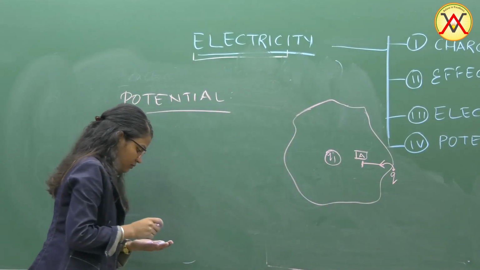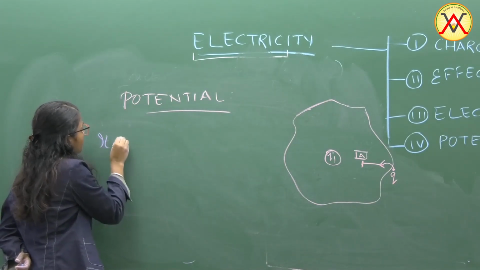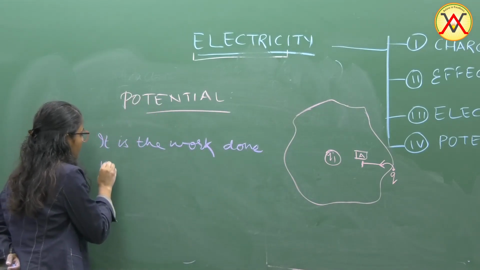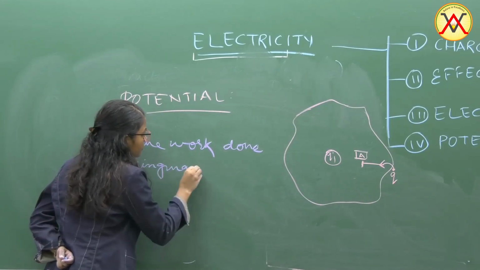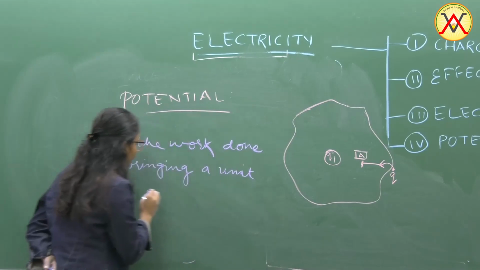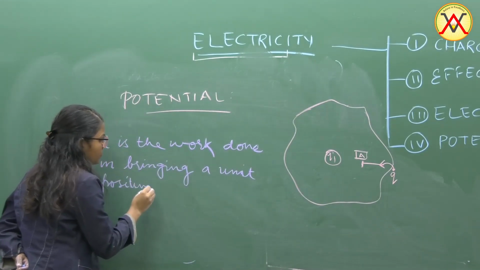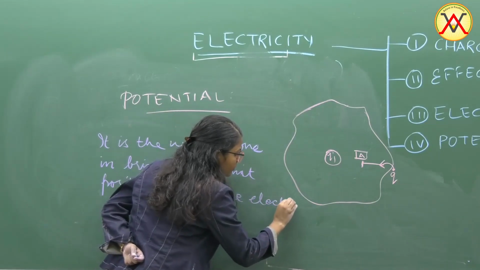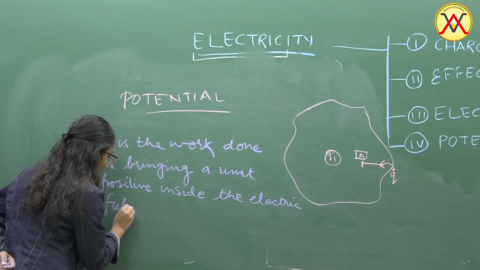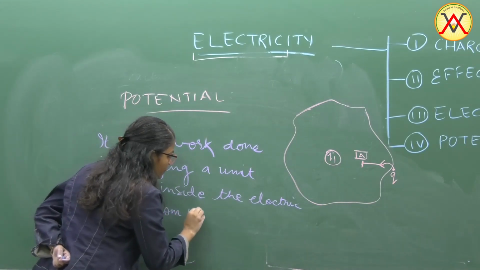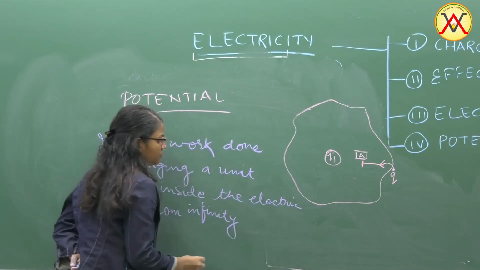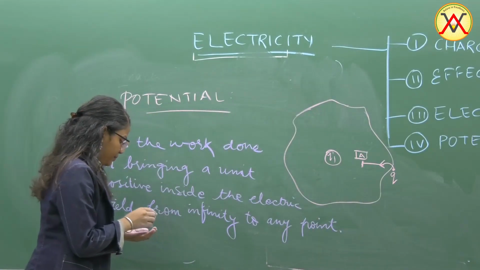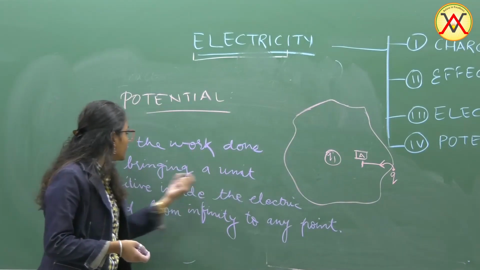So our potential is nothing but the work done in bringing a unit positive charge inside the electric field from infinity to any point. Since I have said it is the work done in bringing a unit positive charge,